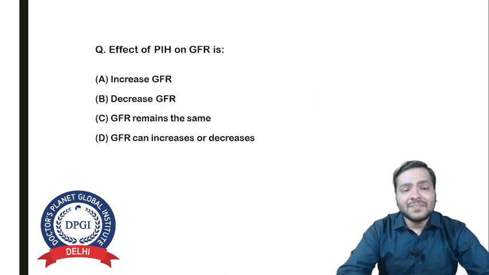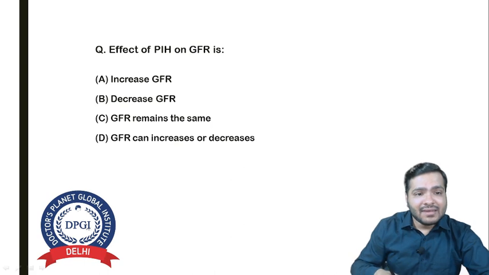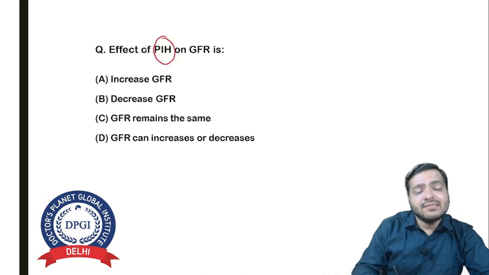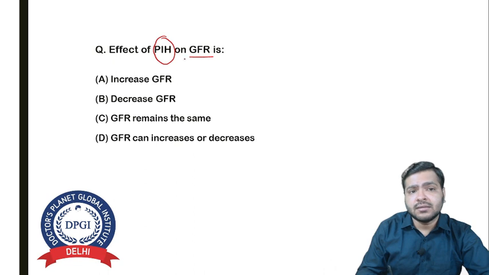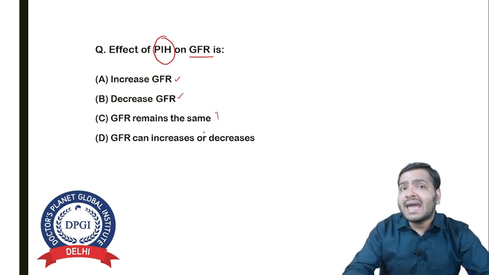So let's start. The question says, what is the effect of PIH on GFR? What is the effect of pregnancy induced hypertension on glomerular filtration rate? Whether it increases GFR, decreases GFR, or whether GFR remains the same, or the GFR can increase or decrease. Now to answer this question, we have to first understand the basic pathophysiology involved